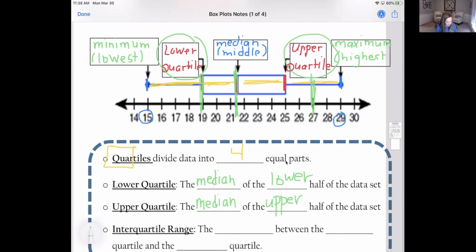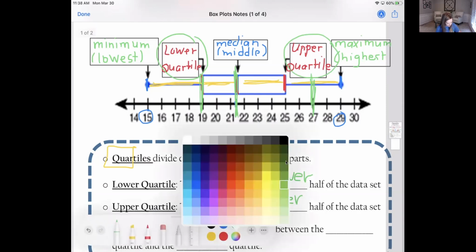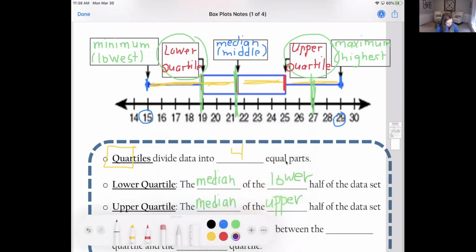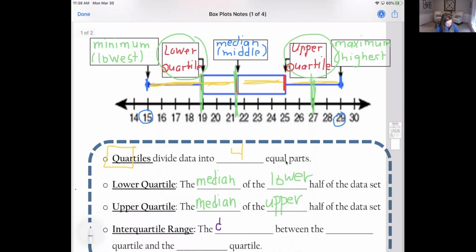Interquartile range, you're not going to see that in today's lesson, but you will see it in tomorrow's lesson, so it's still important. The interquartile range is the difference, so we're going to be subtracting, between the upper quartile and the lower quartile. Last week you learned about range. For range, you take your biggest number, your maximum, and you subtract your smallest number, your minimum. Interquartile range is the same thing, except you're only doing